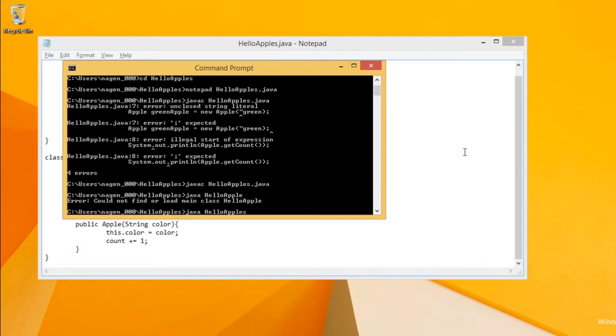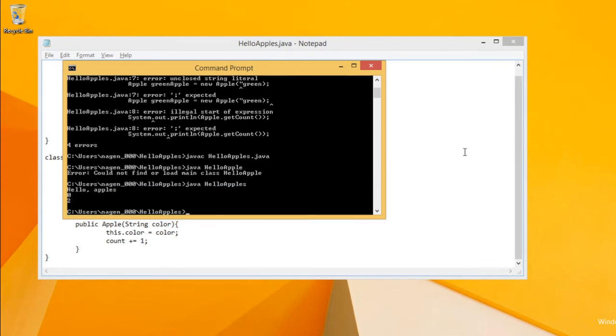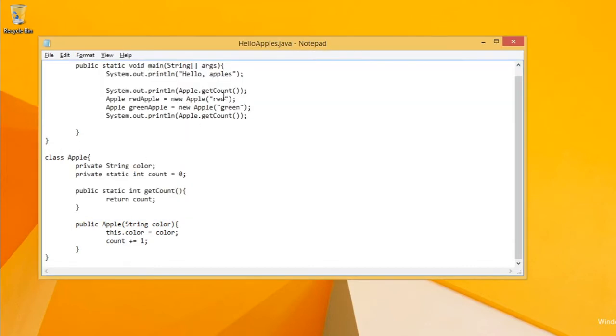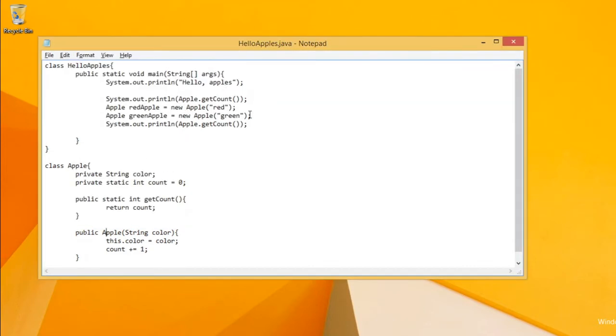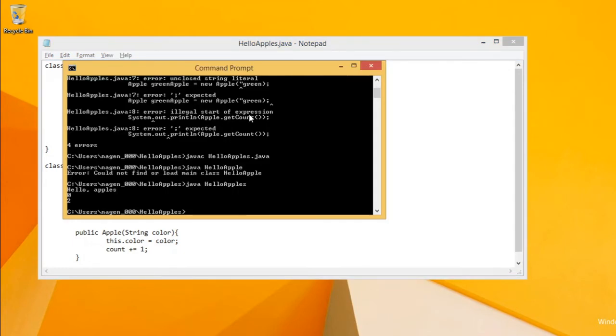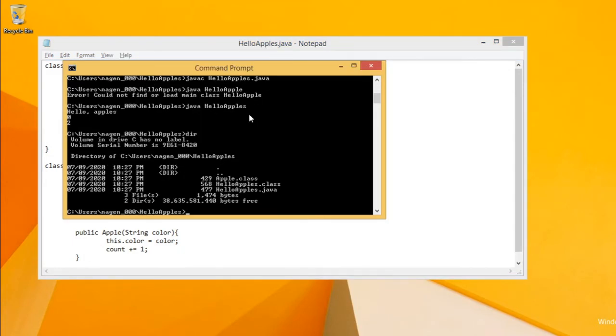Okay, it's hello apples, so it's hello apples 0 and 2 as we expected it to be. Let's see what bytecode we have. We have hello apples dot class and apple dot class. That is one bytecode per class.